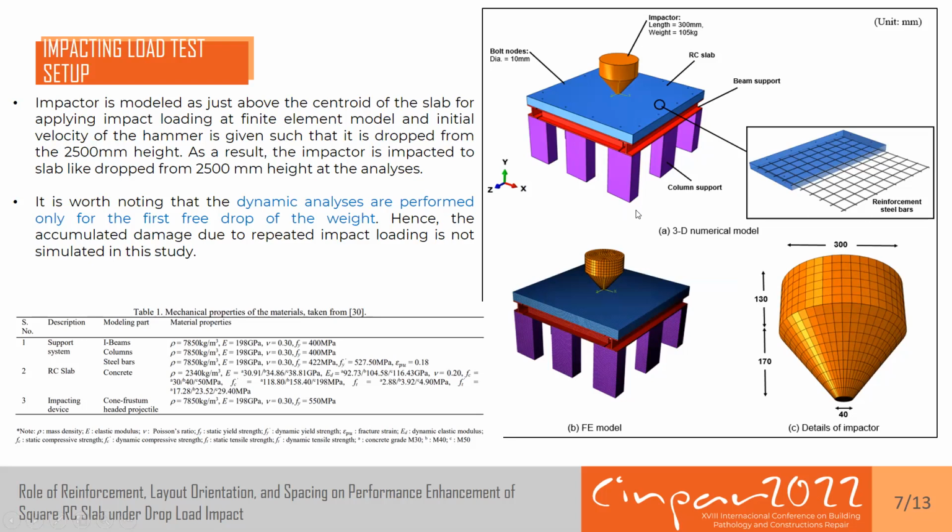This test setup consists of steel columns, I-beams, a singly reinforced concrete slab, and a striker or impactor. The impactor is modeled just above the center of the slab for applying impact loading in the finite element model, and the initial velocity of the impactor is given such that it drops from a 2500 mm height. As a result, the impactor impacts the slab like a drop from 2500 mm height